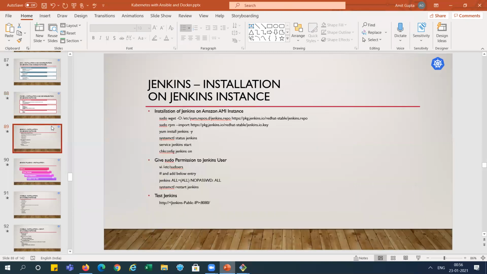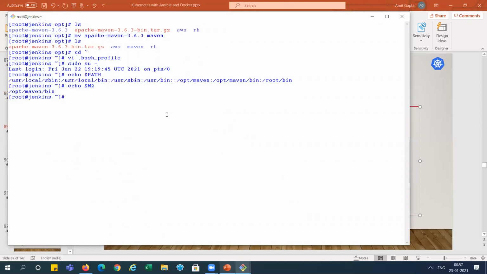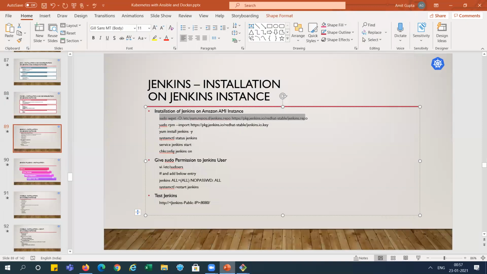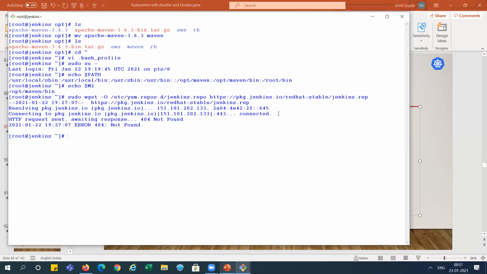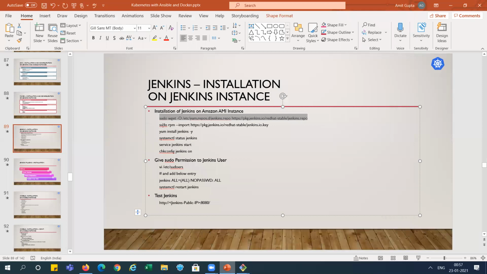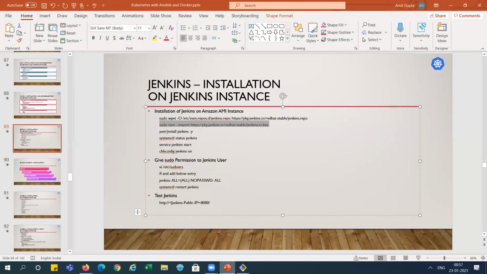Now we need to install Jenkins on the Jenkins system. First, we need to configure the repository. Sorry, something we missed out, right? Yeah, this one. Okay, now we need to take the keys, import the key.